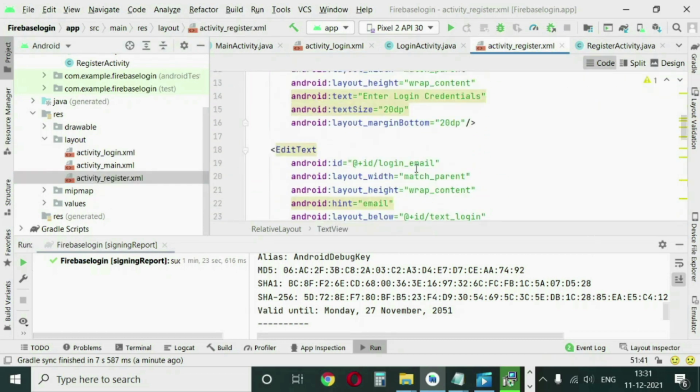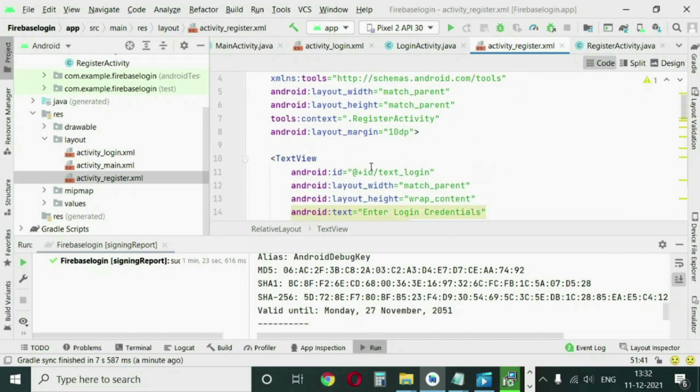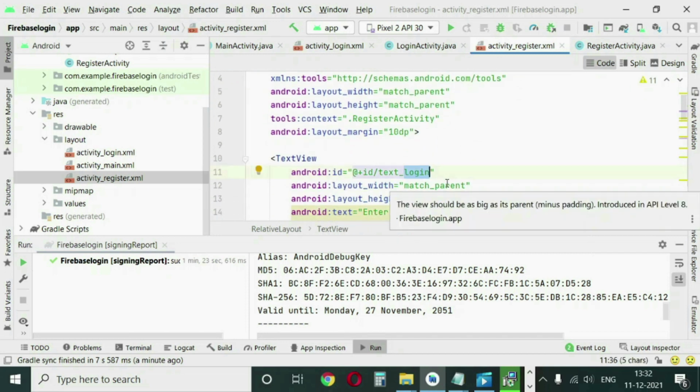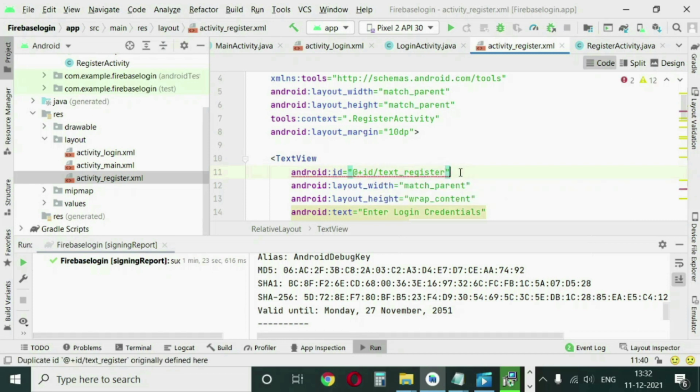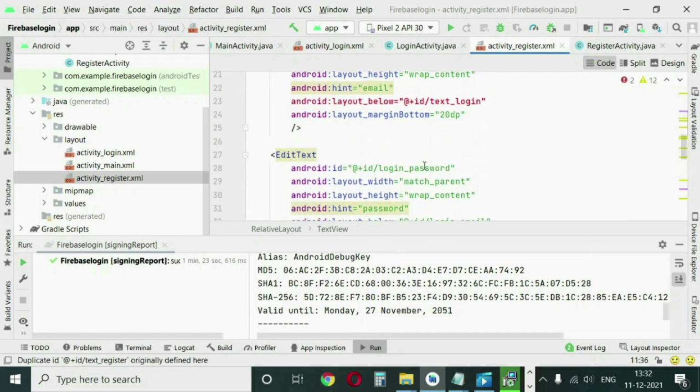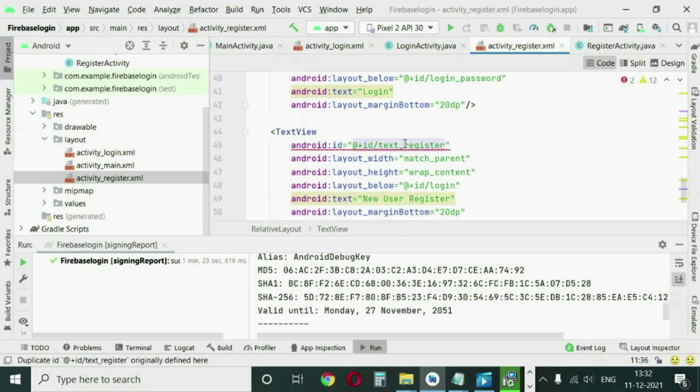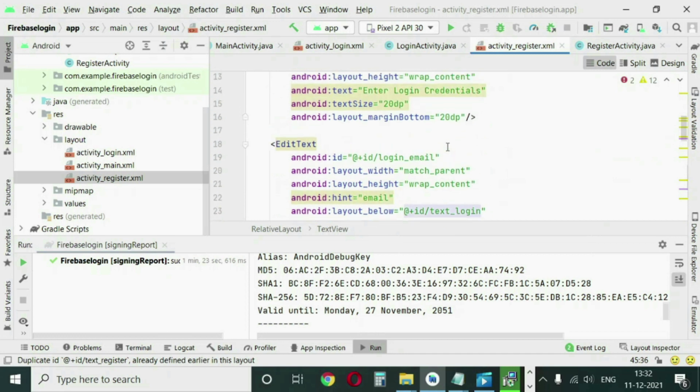Now we have to change all the IDs and all the details. Instead of textLogin, first our text view, we will change it to textRegister. And there is an error coming because it is repeated. So here in the bottom text, we will change it to textLogin. Now the error is gone.